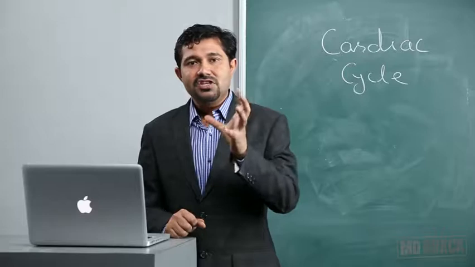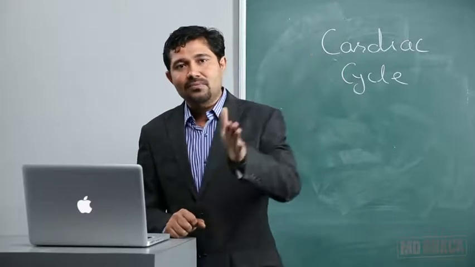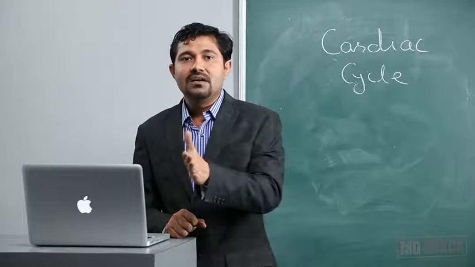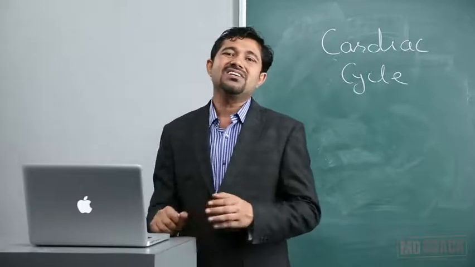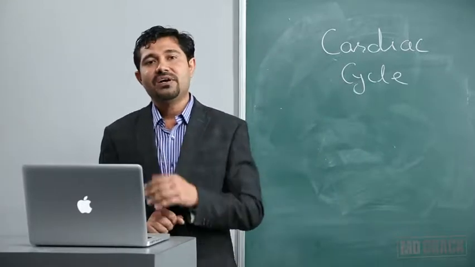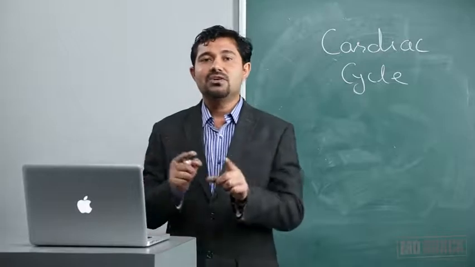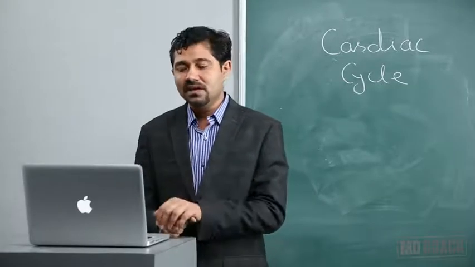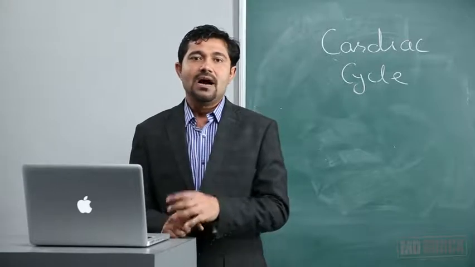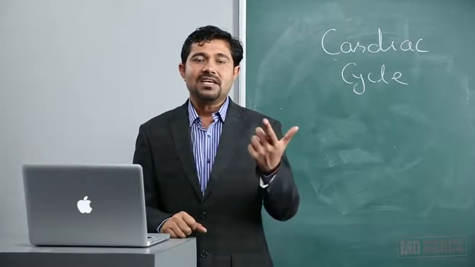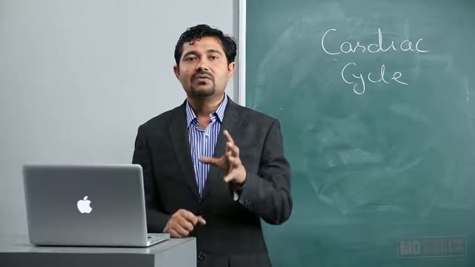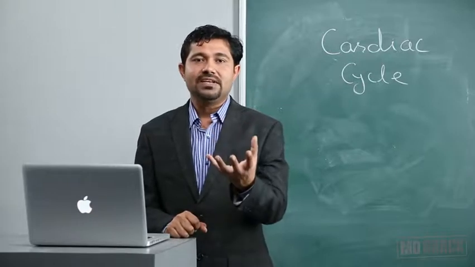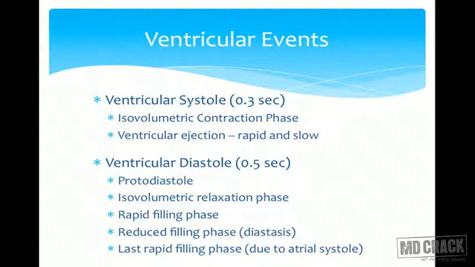This initial phase of the diastole, when there is a backward flow from the aorta into the ventricle, is called protodiastole. So what happens in the protodiastole? Slight regurgitation of the blood from the aorta into the ventricle, and because of that, at the end of this phase, there is a closure of the semilunar valves. The mitral and the tricuspid valves are already closed, and even the semilunar valves will close now, and the ventricle will relax as a closed cavity. This phase is called the isovolumetric relaxation phase.